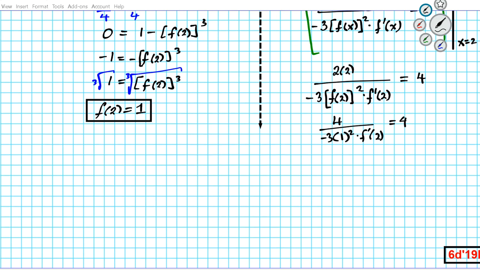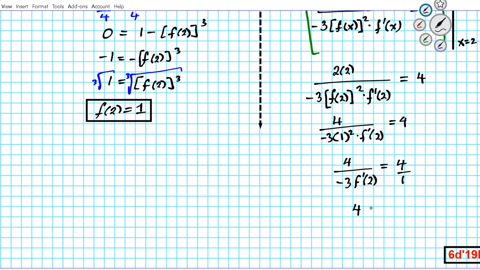All right, so let's simplify this. Let's see what we get here. Make it look pretty. So we have 4 over negative 3 times f prime of 2 equals 4 over 1. Okay, so just cross multiply. And then we have